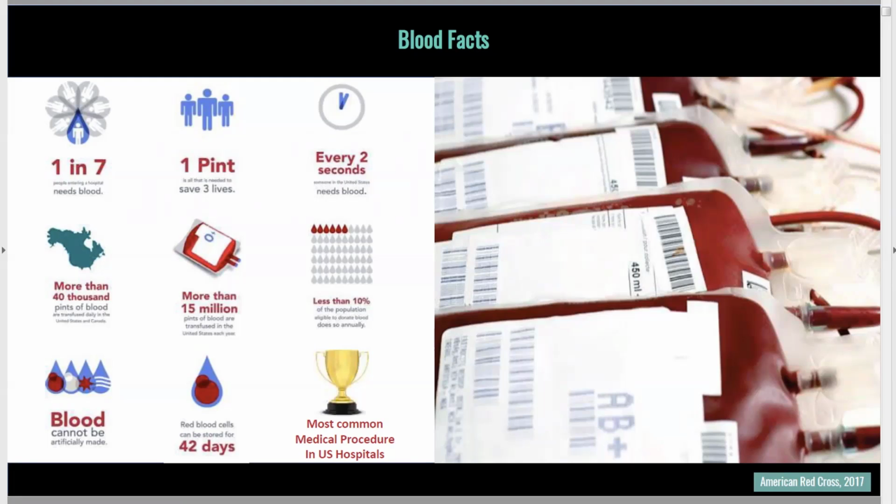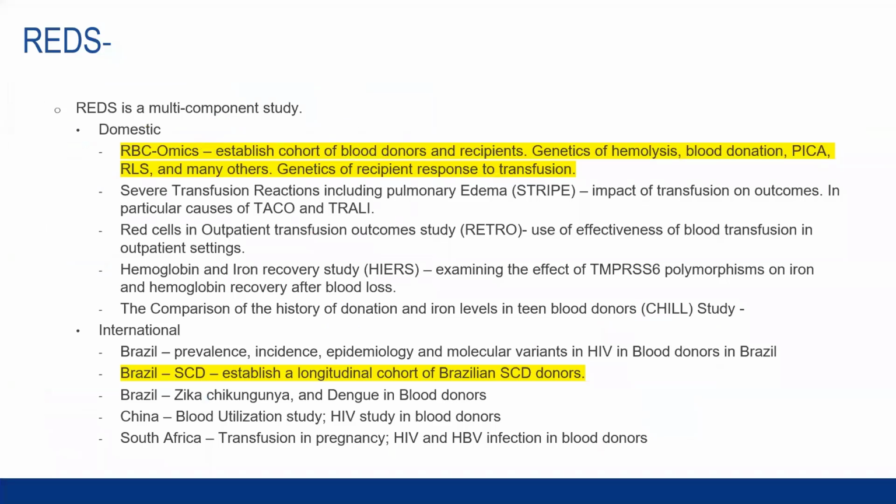However, blood is not a perfect product. It is not something that's manufactured. There's quite a bit of variability between people, and there's quite a bit of variability both in the donor as well as recipient response. So the goal of REDS was to be a multi-center study, actually a study of studies,